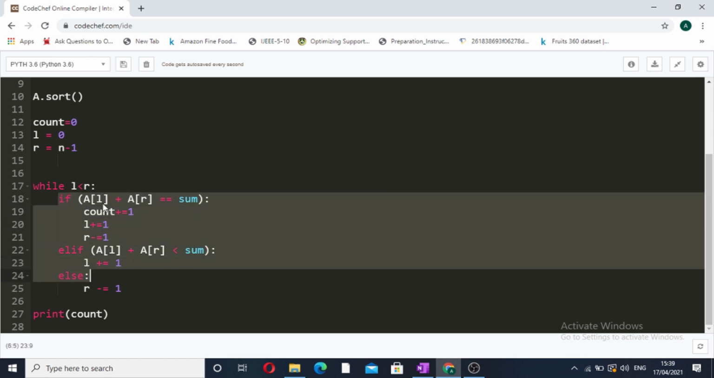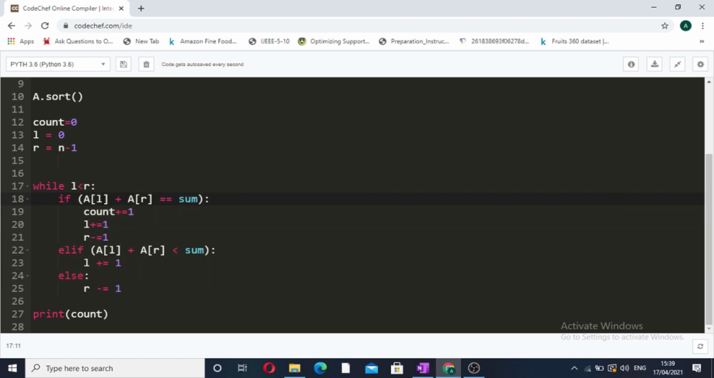First of all, whether the current sum is equivalent to the target sum. If this condition is true, then we will do count plus equals 1, and we will do l plus plus, r minus minus, because the role of current l and current r is over, as we have found the pair. Now the second condition is that if our current sum is less than the target sum. For this condition we have to increase the current sum. How can we increase the current sum? We can simply increase it by increasing the